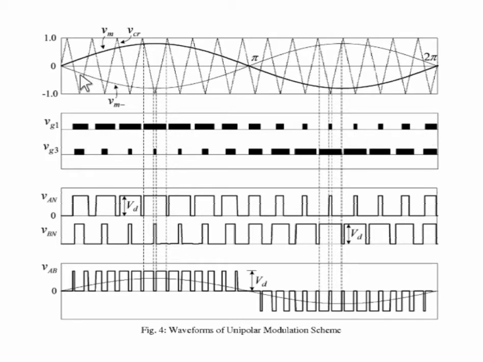For the second waveform, which is 180 degrees phase shifted from this one, it is this. In this case we get the sine wave, which is this. So in this scheme, for this portion we get pulses, for this portion we get pulses, and similarly for the rest. So here we get two pulse trains, one for this sine wave and one for the 180-degree phase shifted sine wave.